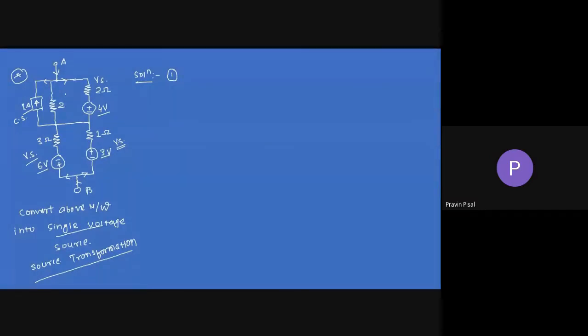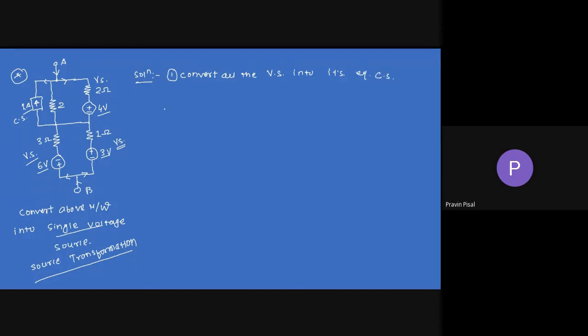So, remember rule number 4, where we have studied that if there is a parallel connection, all the sources must be current sources. Fine. So, if in the network you have any voltage source, convert that into a current source so that we can add both the sources. Okay. So, what we will do now in the first step is convert all the voltage sources into their equivalent current sources.